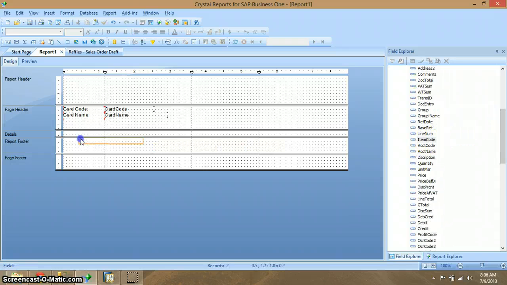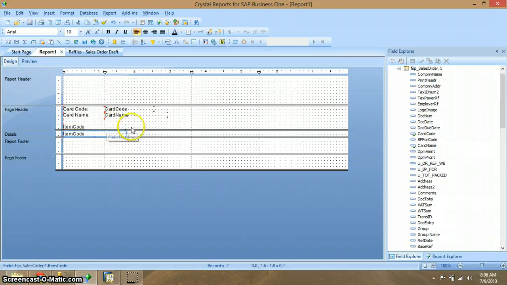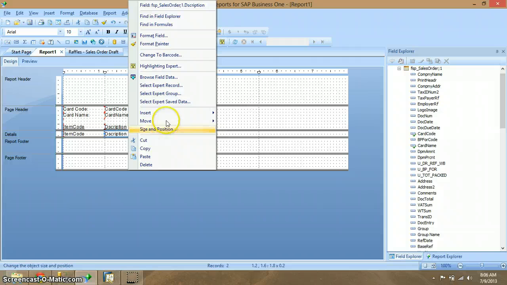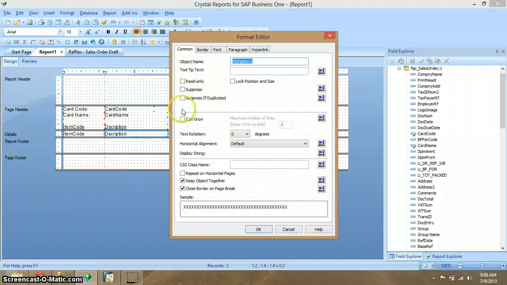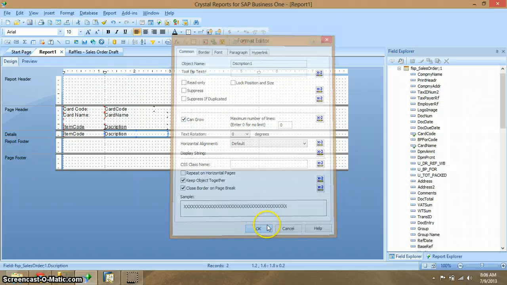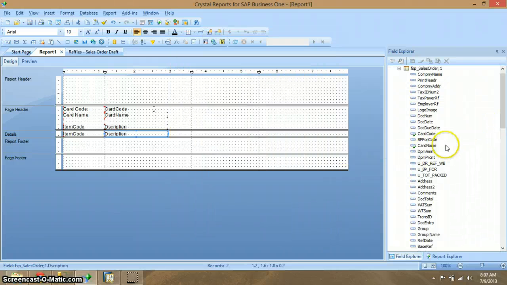First, the item code here, and make it smaller. Then next is the description, this, and of course we should format the field because the description is kind of long, so just put can grow, so it will expand automatically.